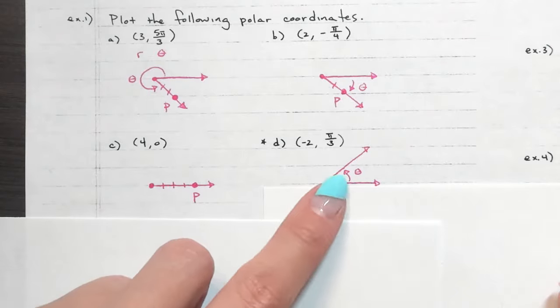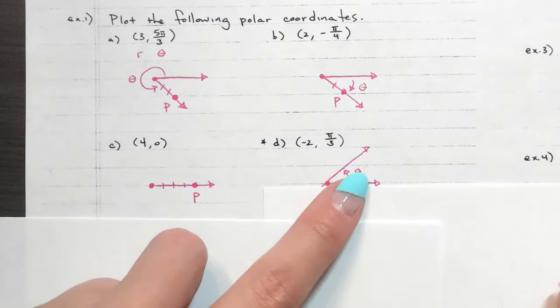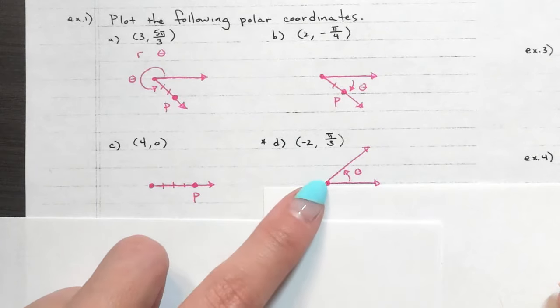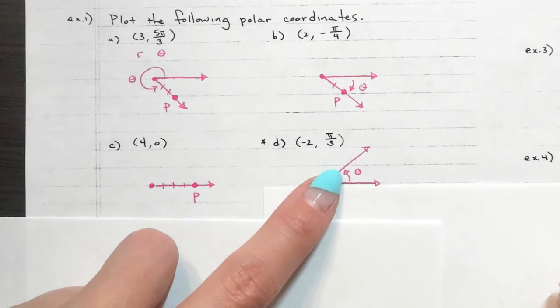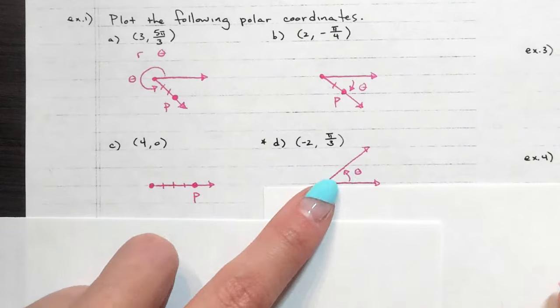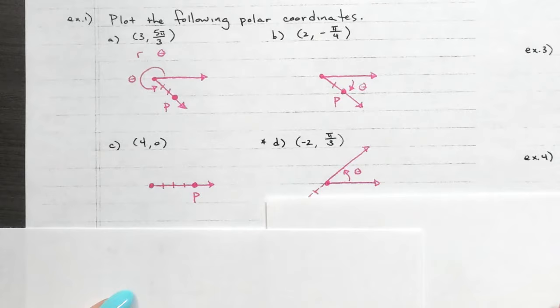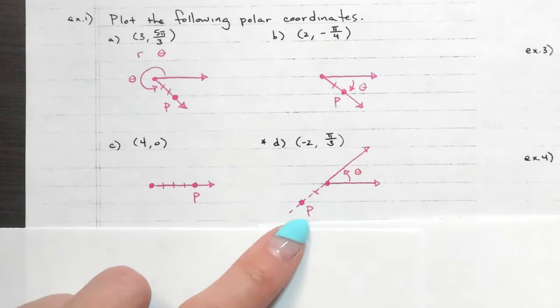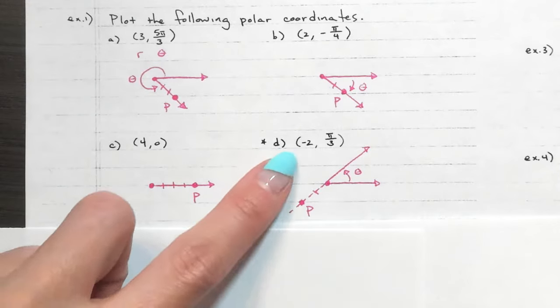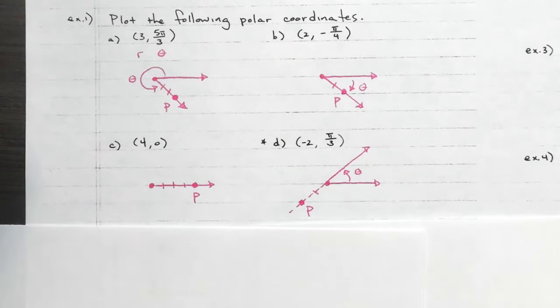So here's my pi over 3, here's my positive pi over 3, and then see that negative 2? If it was positive 2, you'd count out 1, 2, and put your point here. But negative 2, you have to count out the other direction for your point. That's how you draw negative 2 comma pi over 3. Okay,